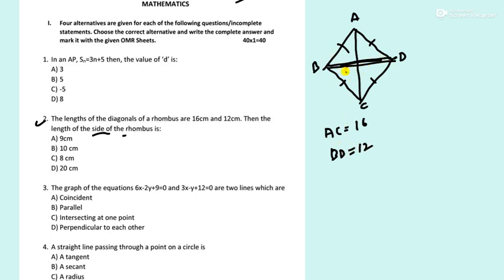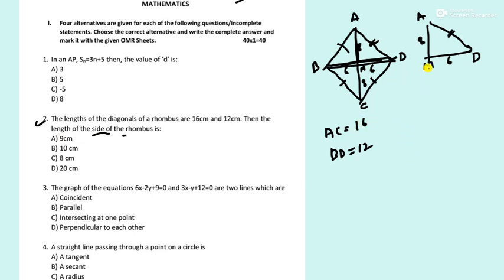So half will be 6 and 6, because the diagonals bisect each other. Bisect means equally divide. So if this total is 16, this will be 8 and this will be 8. Now you have to take just one part. It looks like this. A, if this is M, imagine it as M. Now this is 6, this is 8. You have to find AD, that is the side. Correct? That is only what they have asked, length of side.